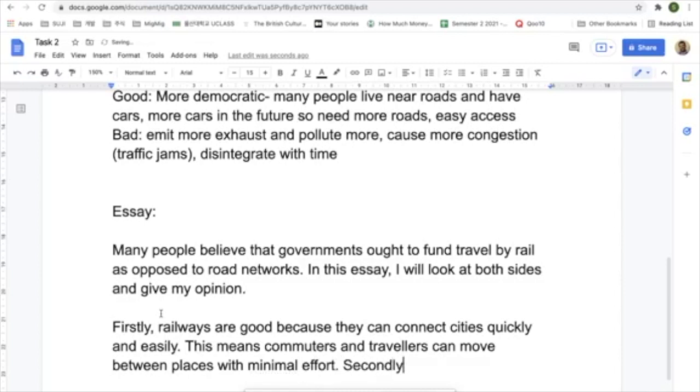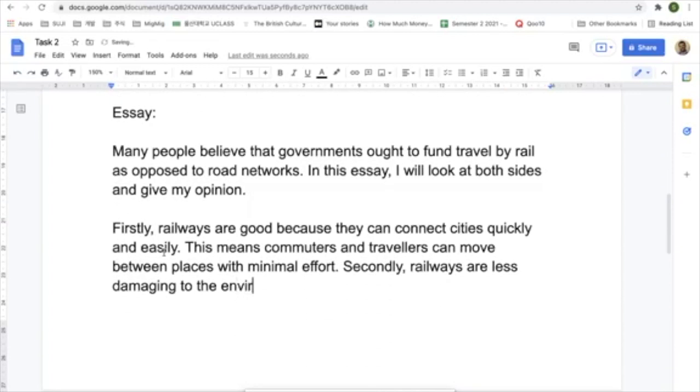Secondly, railways are less damaging to the environment than roads, because cars emit fumes. I'm going to put more fumes. More fumes. Okay, great. On the other hand,